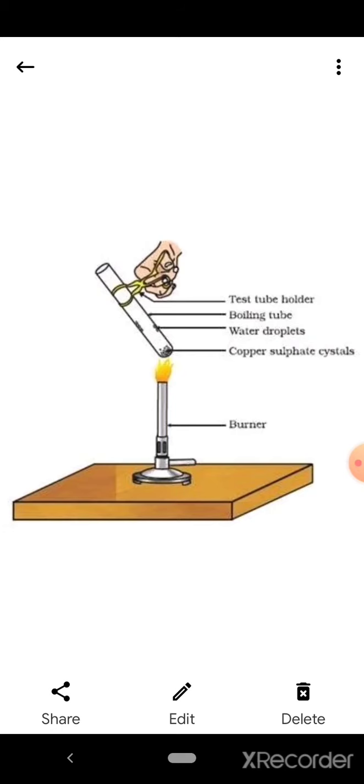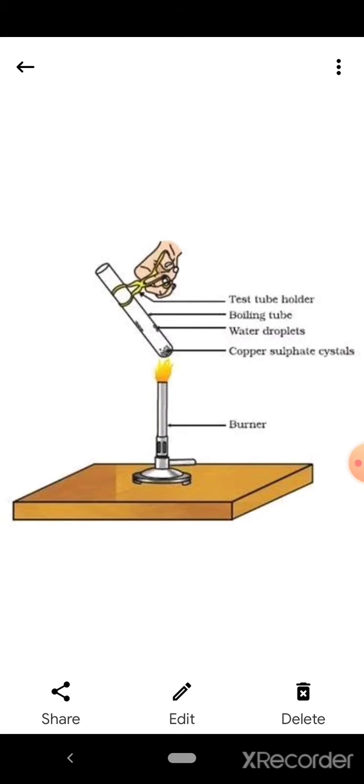Okay, now we will see whether the crystals of salts are really dry. For this we will consider an activity. We have to take a few crystals of copper sulfate in a dry boiling test tube. What is the color of the copper sulfate after heating? Have you ever noticed that water droplets are formed in the boiling test tube? Where do these water drops come from?